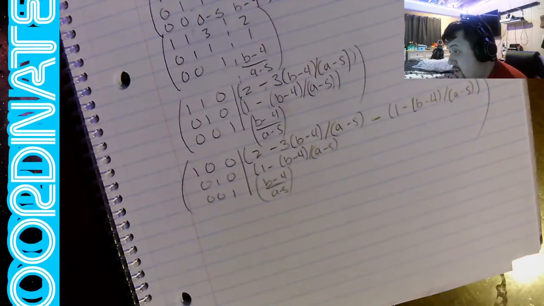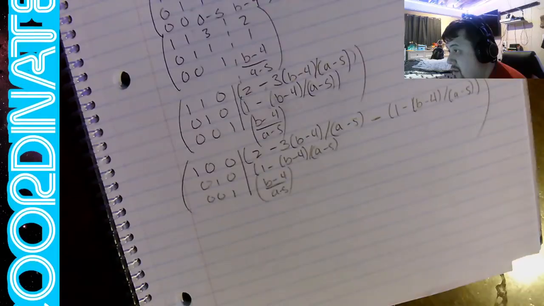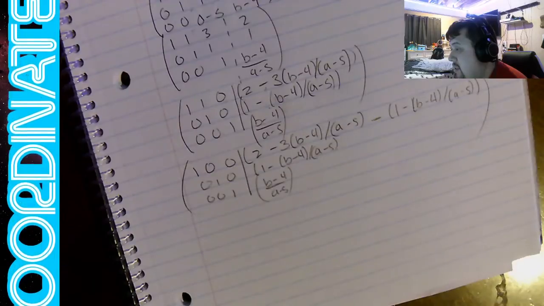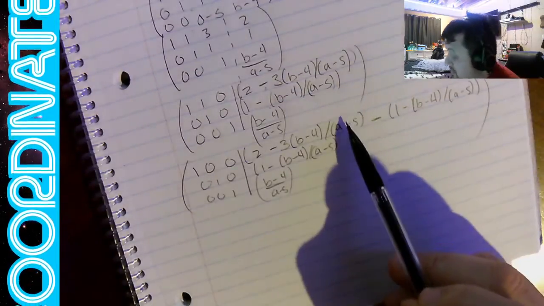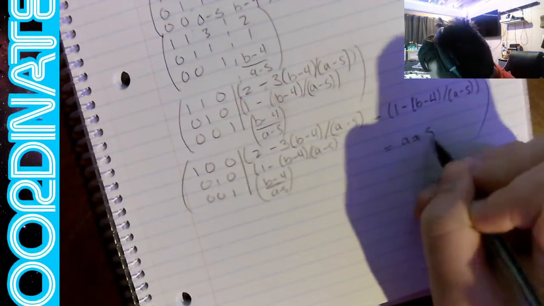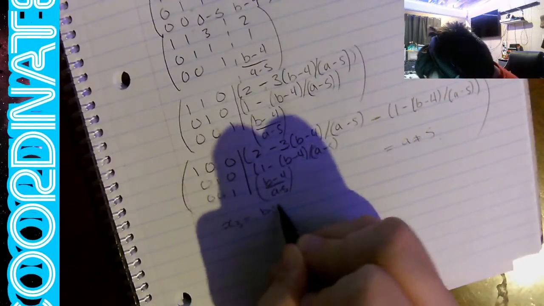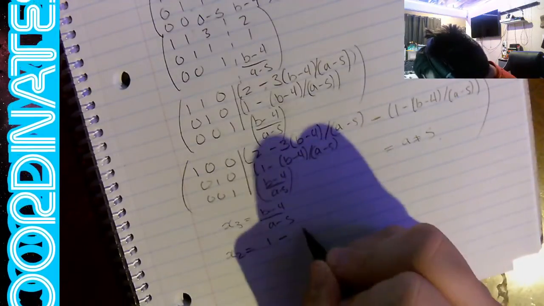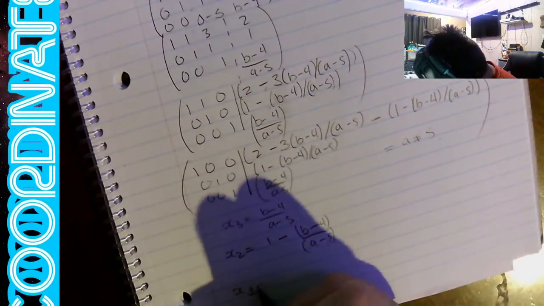Okay, so in order to parameterize this, we need to end up with one variable, just one. And we can't let a equal 5, because if a equals 5 for any of this, this all becomes undefined. So a cannot equal 5. So what we have is x3 equaling b minus 4 over a minus 5. x2 equaling 1 minus b minus 4 over a minus 5. And x1 equaling